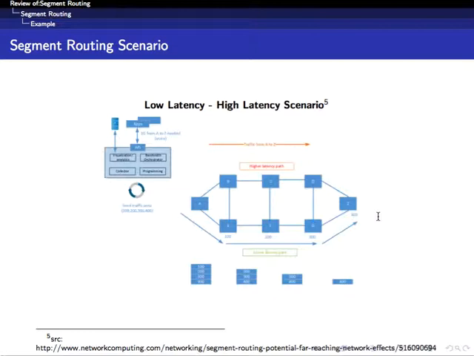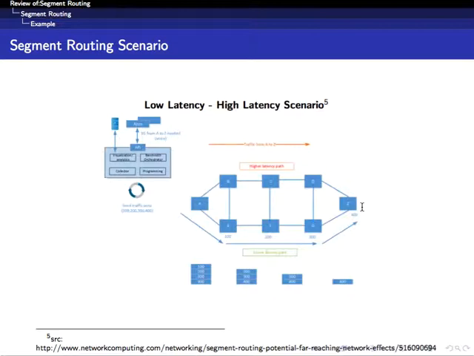So when the incoming data flows into node A, it can assign labels for voice over IP traffic to flow through the low latency path, and everybody else gets treated with a